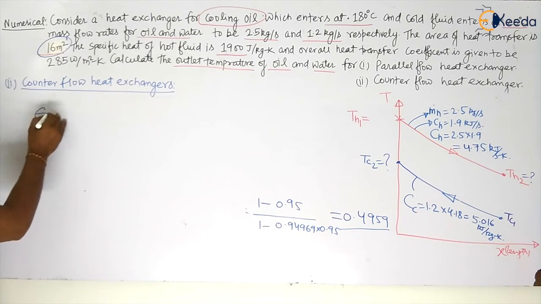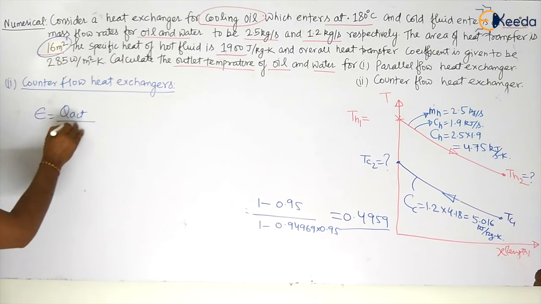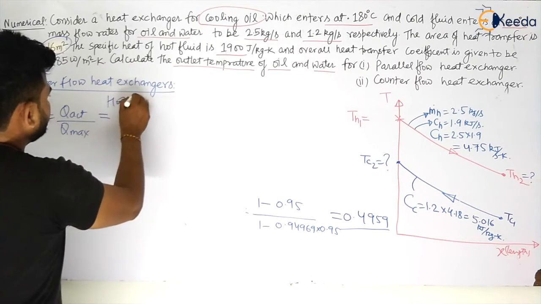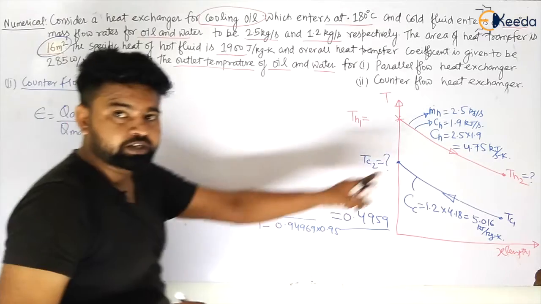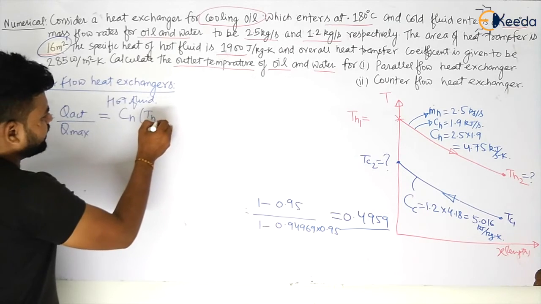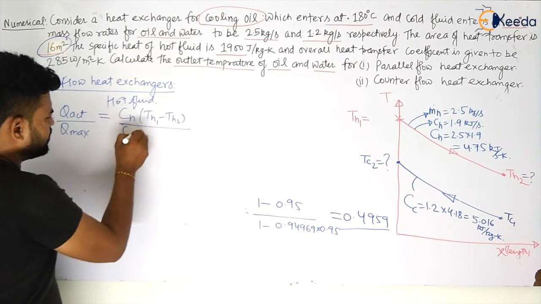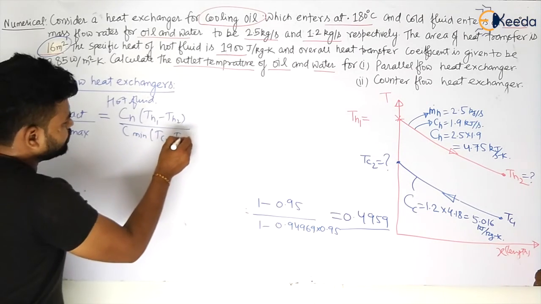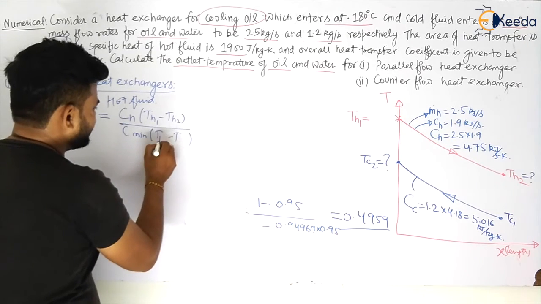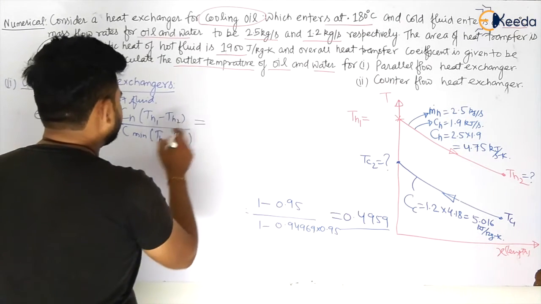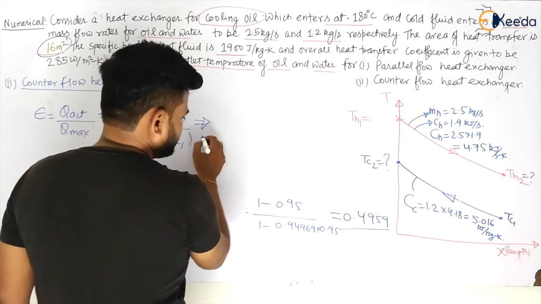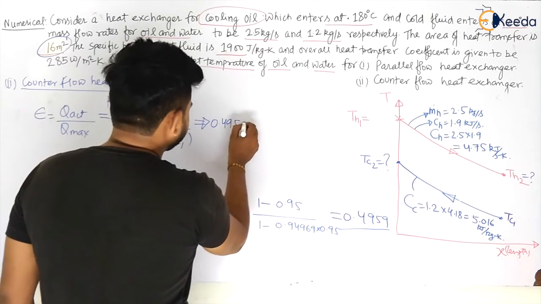So effectiveness is given by Q actual divided by Q maximum. Let us consider the hot fluid first, my dear students. Let us calculate TH2 first. So this will become Q actual, that is CH into TH1 minus TH2, divided by C minimum into TH1 minus TC1. CH is the minimum for the hot fluid, so this will be cancelled out. So effectiveness 0.4959 is equal to